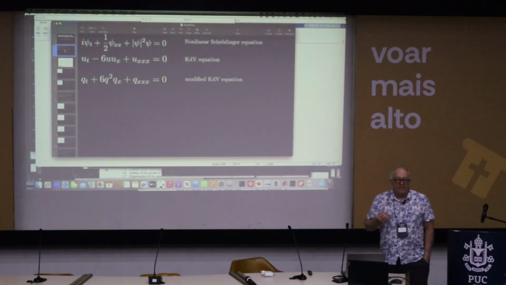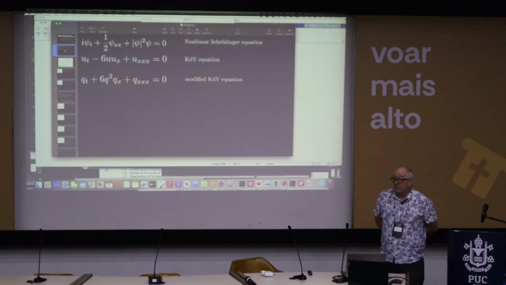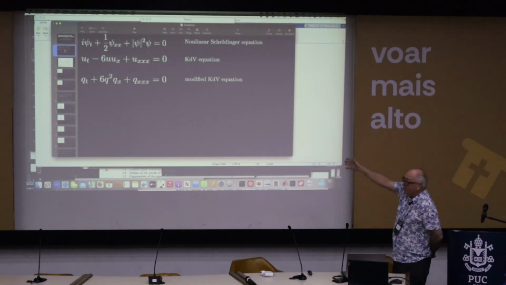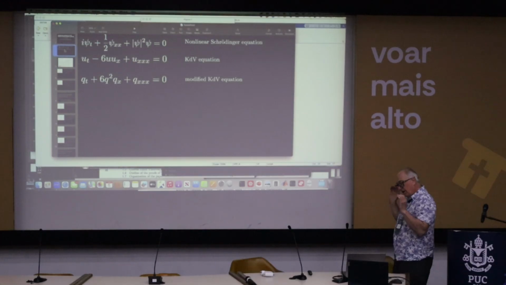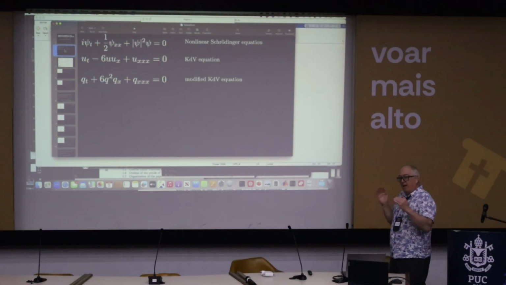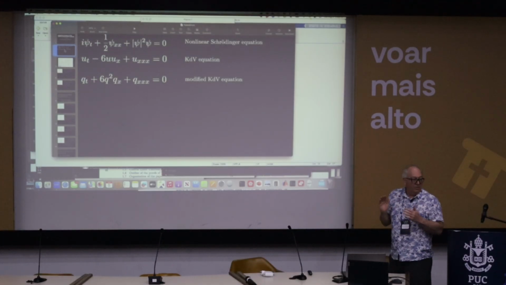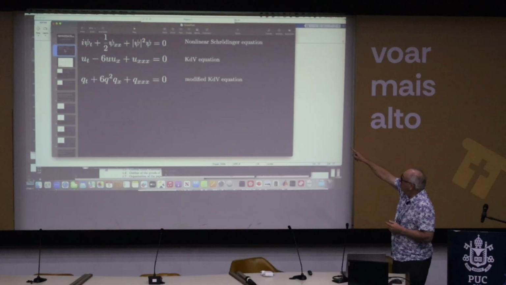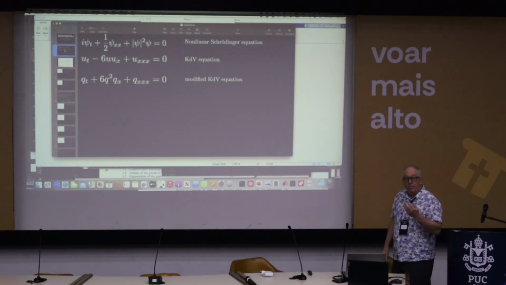So I would like to tell you about integrable nonlinear partial differential equations. And these will be the three players in what I'm talking about. And I will talk about soliton solutions, okay? So the classical fundamental nonlinear modes that solve these partial differential equations. But not just a single soliton solution, but something called multisoliton solutions. Okay, each of these equations, the nonlinear Schrodinger equation, the Korteweg-de Vries equation, and the modified Korteweg-de Vries equation, are examples that possess not just single soliton solutions, but multisoliton solutions.